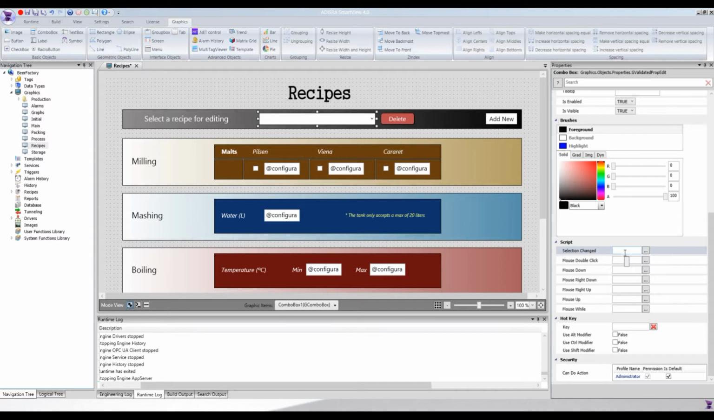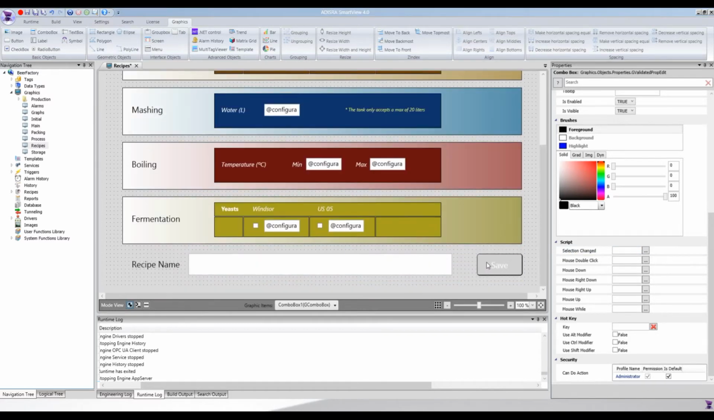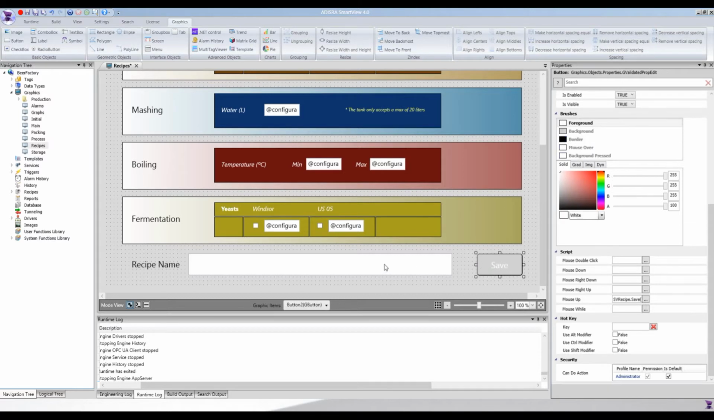There's a new event called selection changed. I could add the logic to load our recipes in this screen, and I believe it is the best place to do it actually, but I will leave it to be done in the triggers, since I'll be doing the next video with triggers. Now let's move to the save button, and here is where we want to add a